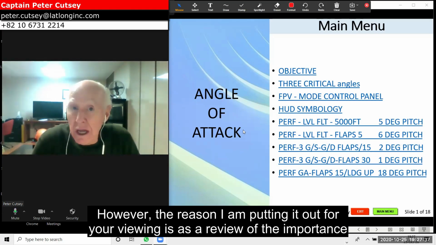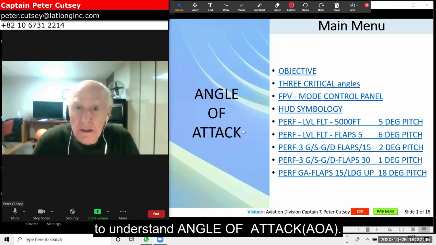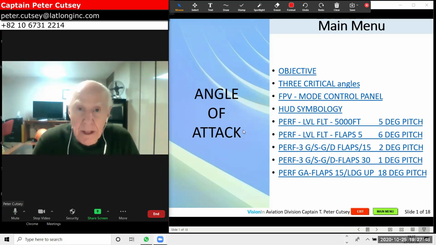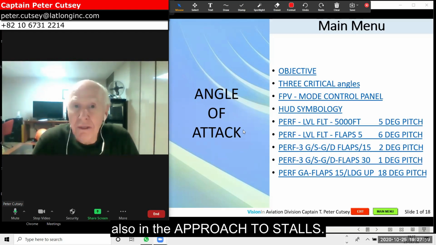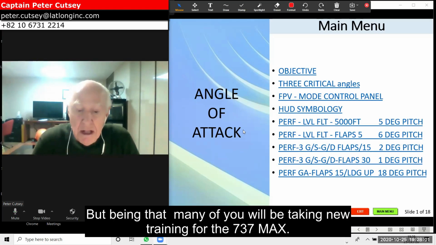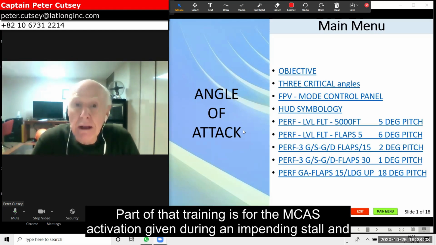However, the reason I am putting it out for your viewing is as a review of the importance to understand angle of attack. We've mentioned the angle of attack previously in my steep turn video and also in the approach to stalls. But being that many of you will be taking new training for the 737 MAX, part of that